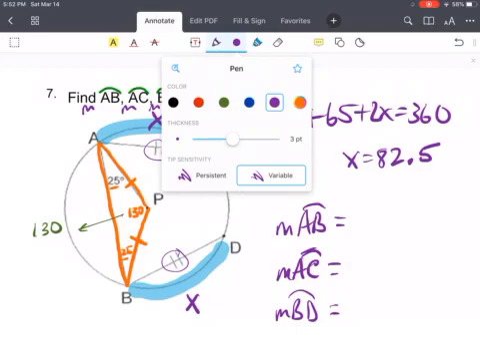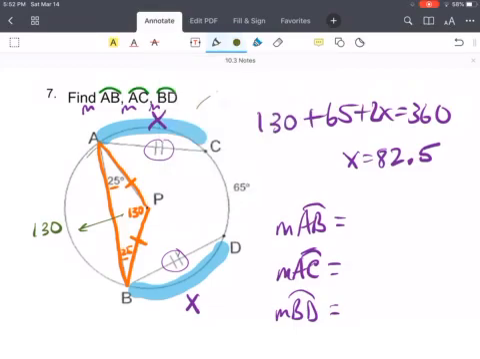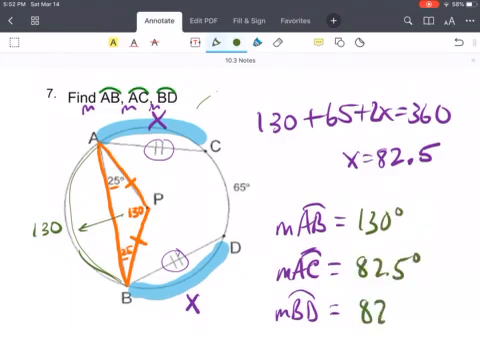And so the measure of arc AB is 130, and then we found the other two are both 82.5 degrees. Now the last